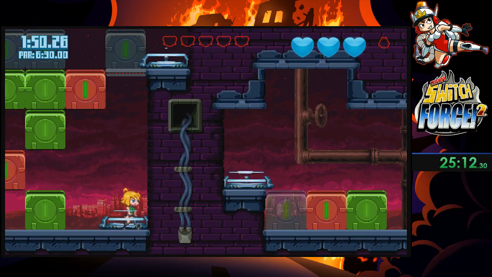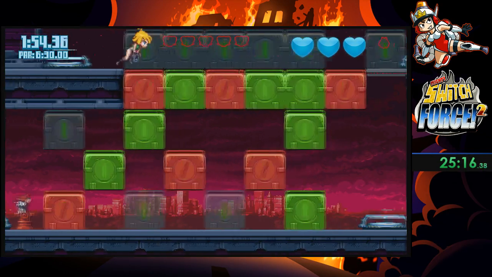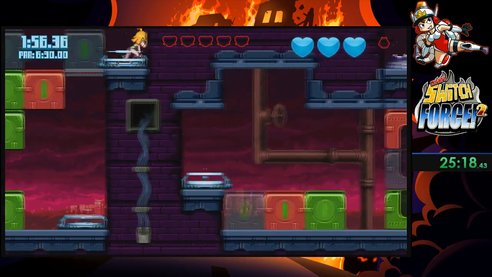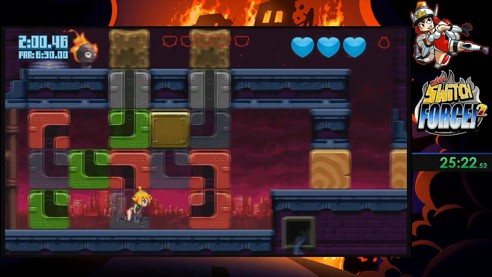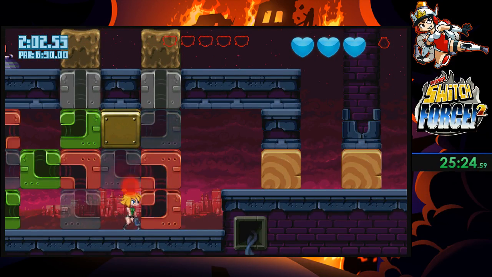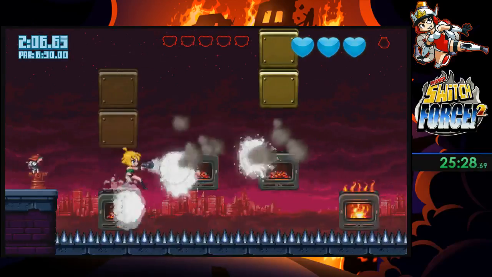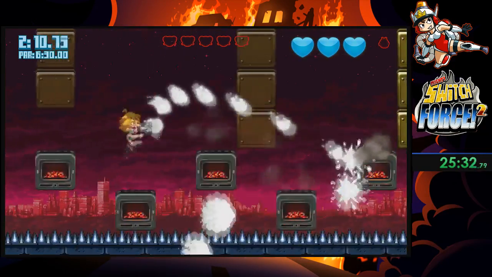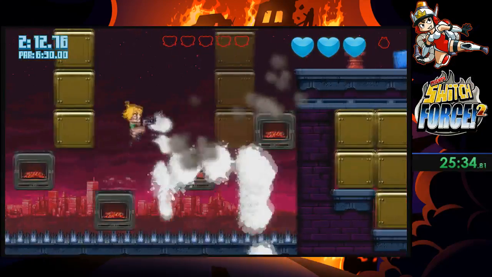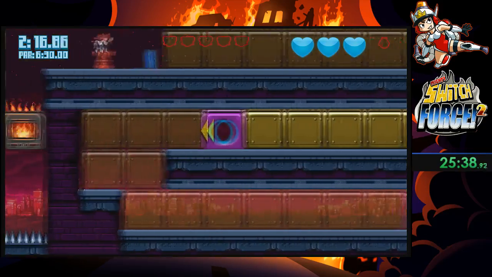Okay, so we've got everything set up for the next part. We're just going to pop right on through here. And again, because of the fact that we don't have to worry about these blocks being done the intended way, we do have to switch now. Unfortunately, you can't squeeze through these gaps the way that you saw earlier, but we do have this ability to